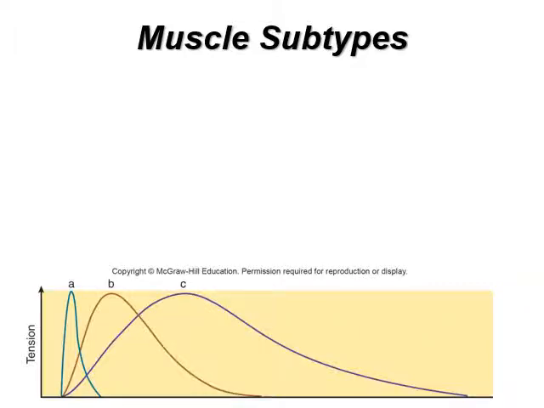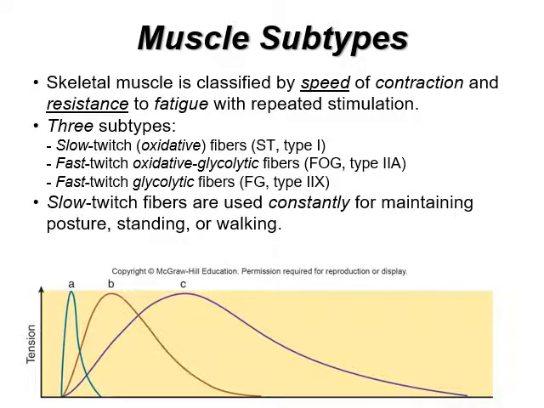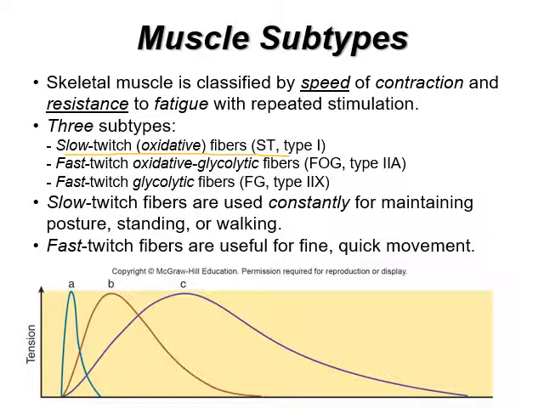So now let's look at muscle subtypes. There's three subtypes. We've got the slow twitch. Those are going to be mainly posterior muscles. They are oxidative, so they use oxidative phosphorylation. We've got the fast twitch oxidative glycolytic, so they can use both oxidative phosphorylation and glycolysis, and then the